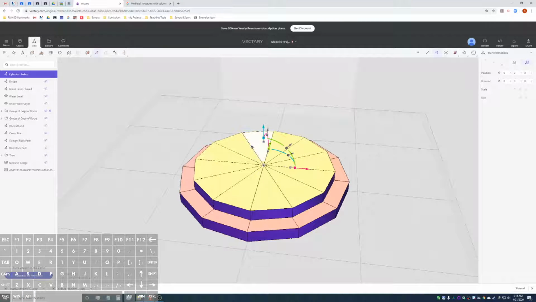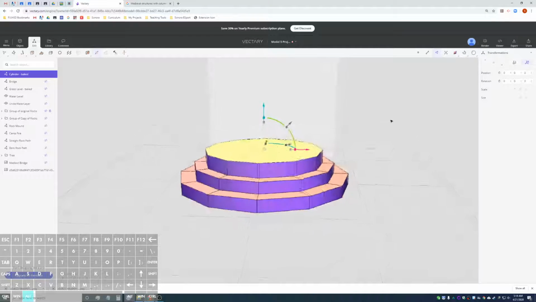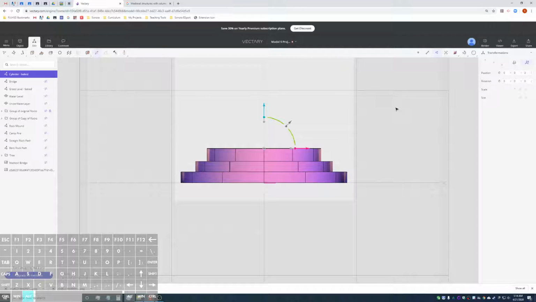And now I'm going to go ahead and create another one, kind of repeat the same process. Again, I'm going to hold Shift to extrude inward, create that next set of steps. And, if I want to be really accurate, I can go ahead and change my camera angle, but I think that's good enough. I'm going to hold Shift again, and there you have it. Now I have the first 3 steps of